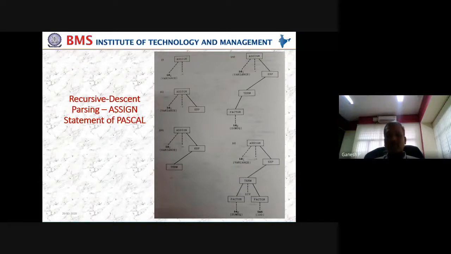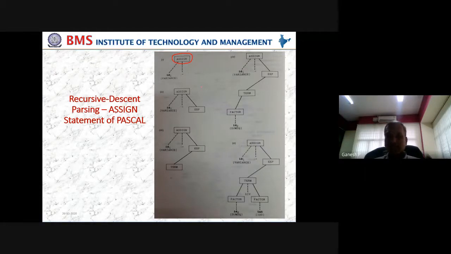One by one, if you observe, we are going to have this construction of the parse tree in the case of recursive descent parsing from the top-down approach. What is top-down? The assign statement is the highest non-terminal symbol here. That is why we say it is a top-down approach. In all previous cases, we used to reach this non-terminal at the end, but here we are starting at the beginning. Thereby, we say it is a top-down approach.